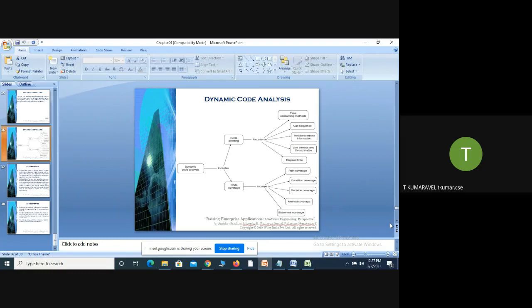That is called path coverage, and the next one is called condition coverage.